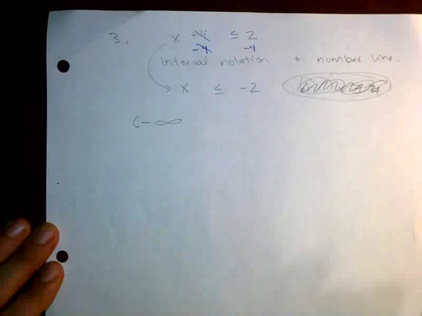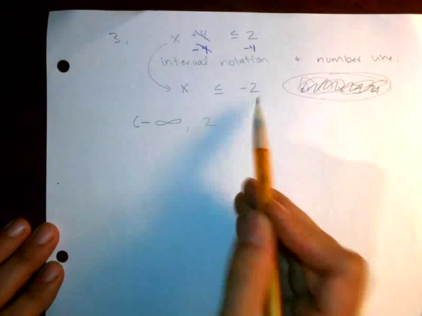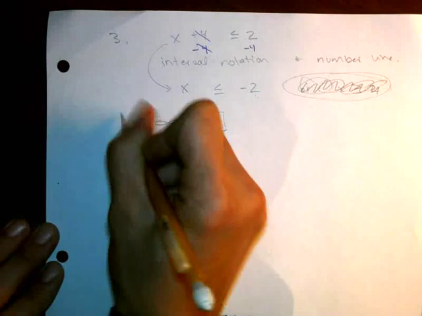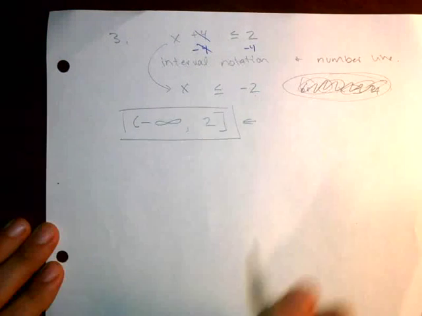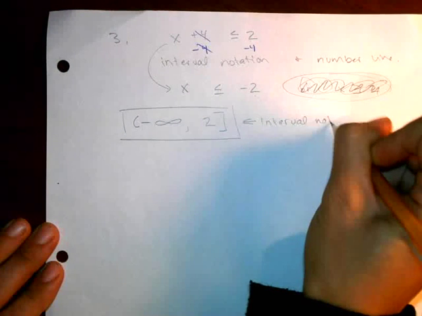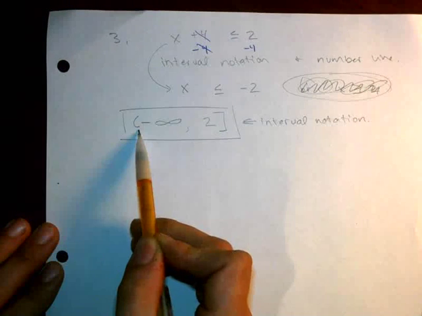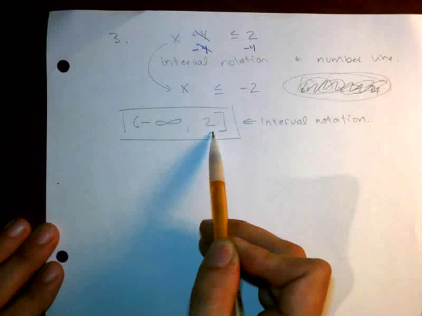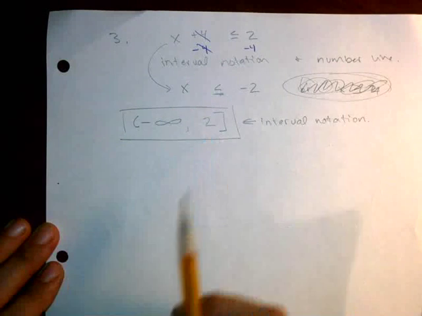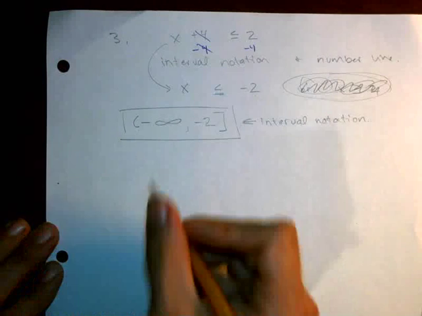In interval notation, this is that x could be as low as negative infinity or as high as 2. It could include the number 2. So whenever it can include that number, we use a square bracket. So this is the interval notation. That's the answer for the interval notation. Whenever we have an infinity here, we always use a curved bracket. And we use a square bracket when we have a less than or equal to sign or a greater than or equal to sign. Oh, and that should not be a 2. It should be a negative